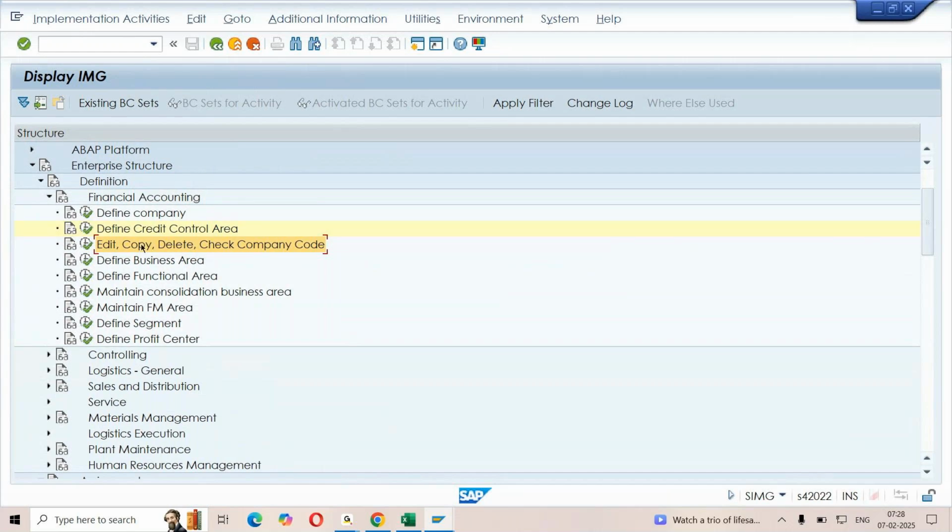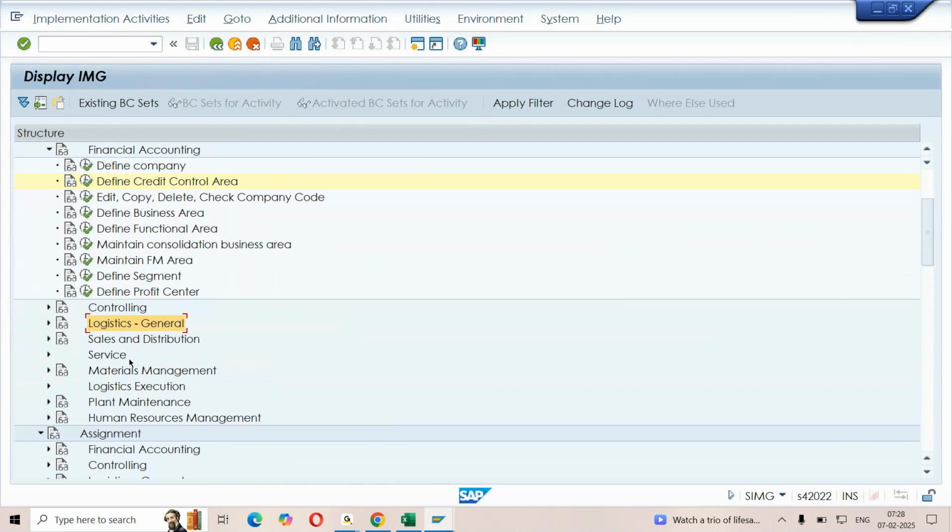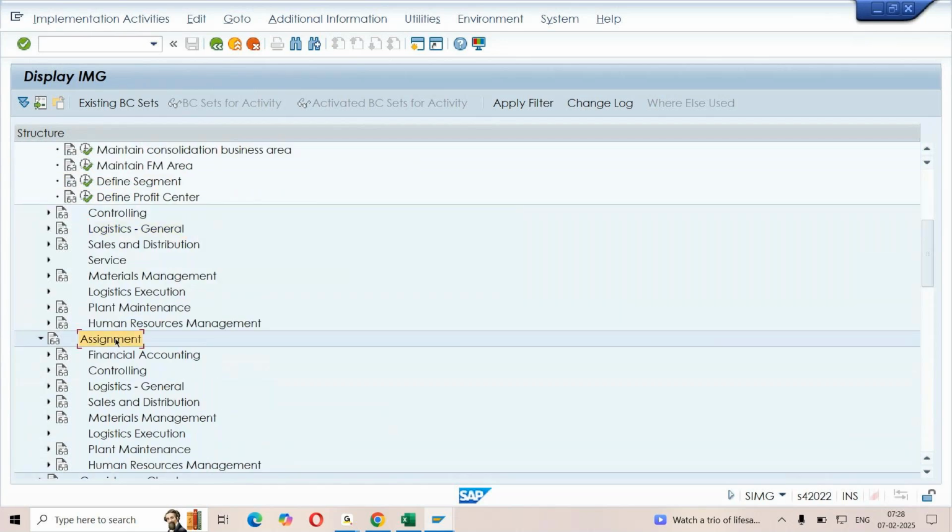Tomorrow, I try to teach you how to create a company code. We finish sales and distribution, controlling, logistics general as part one. In part two, I'm going to be jumping into assignments. So please try to do some practice, pick up some companies, make sure you get the server access and start building the application.